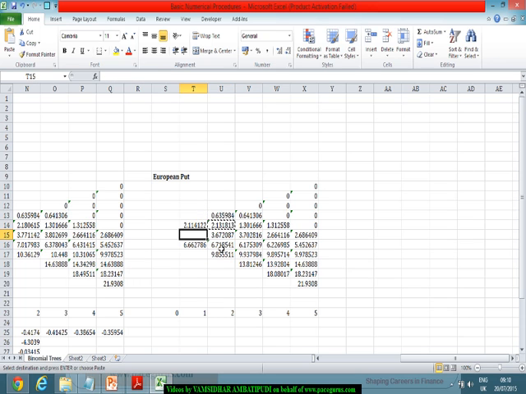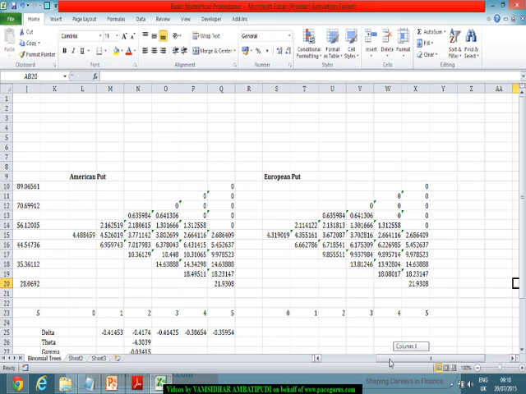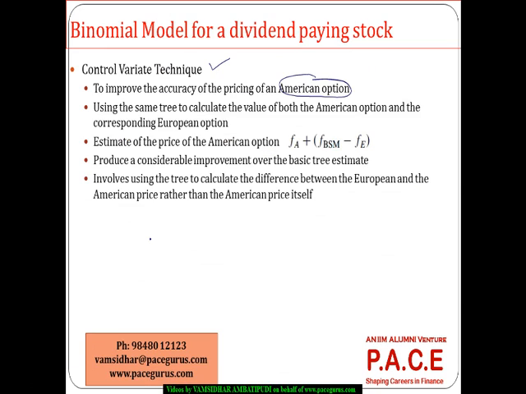Expected. And finally the present value. Now the corresponding European put option, the price of it is coming out to 4.31. The American, so let me use this. For the American, I got it as 4.48,